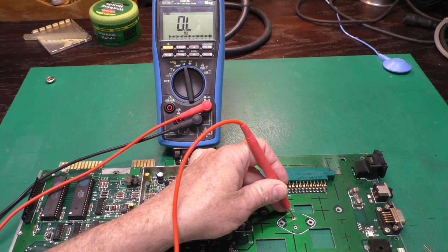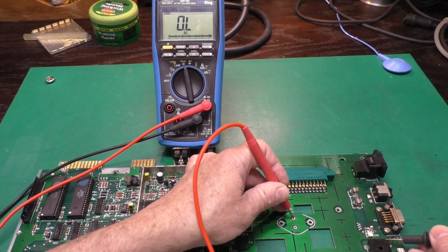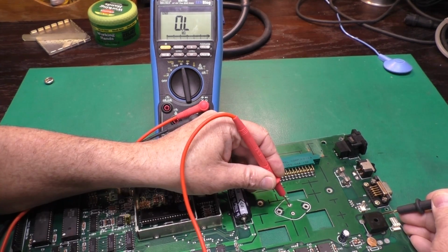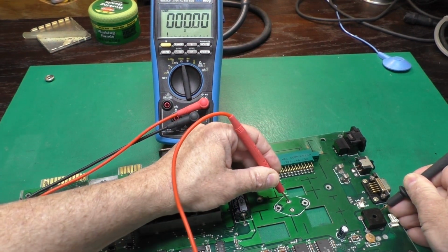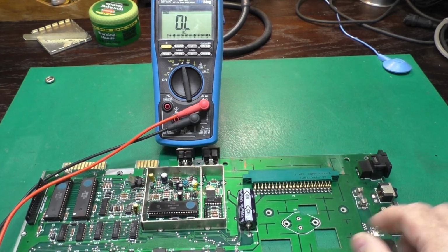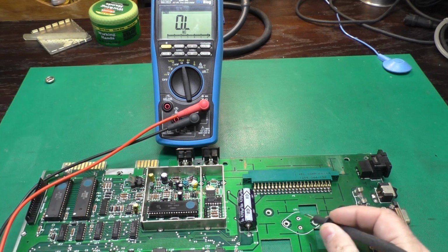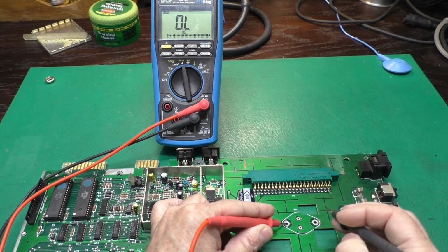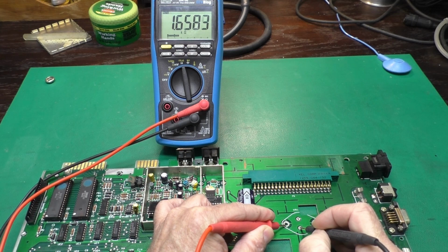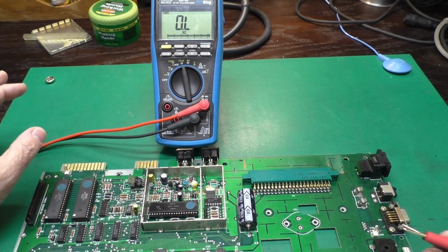And conversely, we can go here, which is the 5 volt input, and go over to the positive leg of the rectifier, which is just down here in the corner. There we go. I gotta hold it there. Yep, that is the 5 volt input. So we know which side is our 5 volt output, and I'm going to check from the 5 volt output now to ground, which is one of these pads on the side where our regulator was. About 1.65K, that's fine. It's not shorted out, it's not low, so everything should be okay,